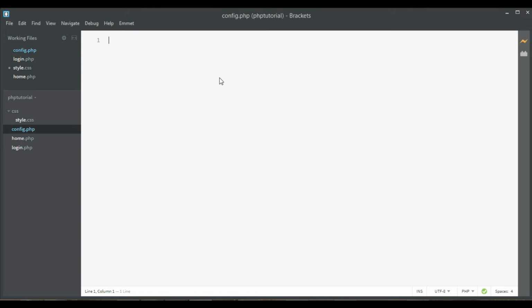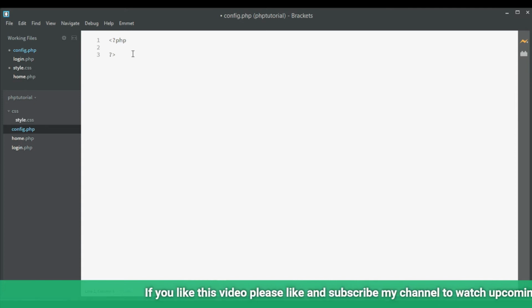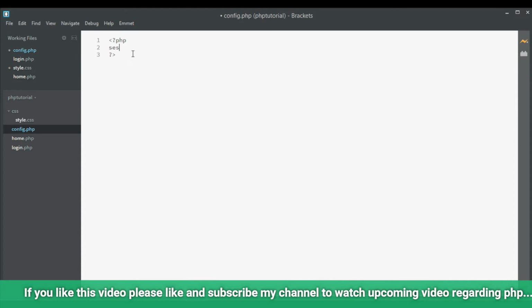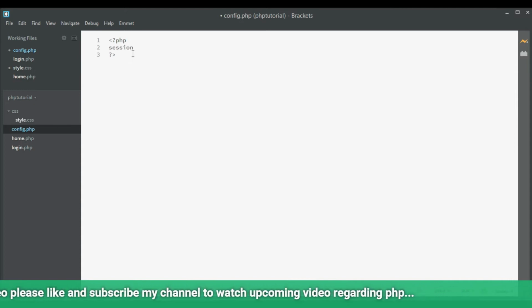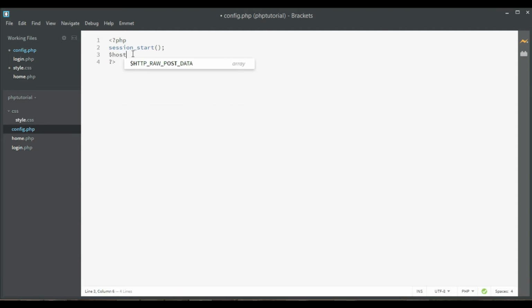Now adding this code of configuration in config.php, starting the PHP tag, and first I am going to session start. After that, adding host created, giving the detail for host, that is localhost, then second variable